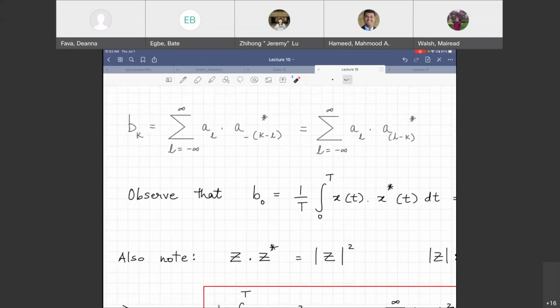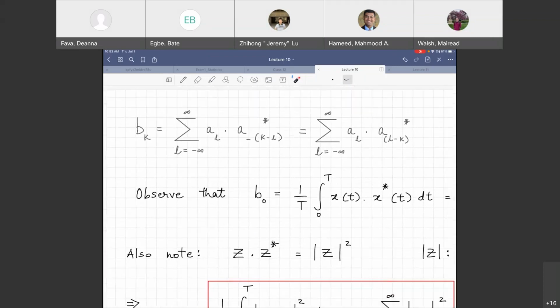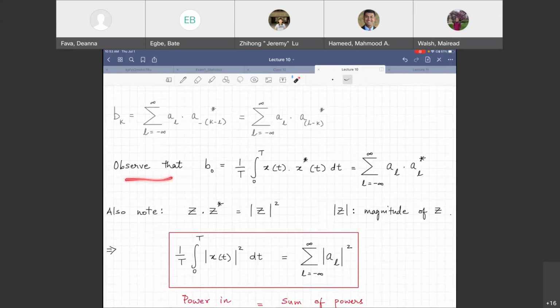The one over here at the top is the last thing that we wrote before. So that's just for reference. Now, observe this. Let's try to evaluate B sub 0. So that means that you are putting a 0 in there. So that means for k equals 0, you are putting a 0 everywhere. What is that going to equal? B sub 0? Well, B sub 0 is the average value of your BK, right? The signal that you get after you multiply x and x conjugate. So that is going to be 1 over T integration over one time period, multiplication of the two signals dt.